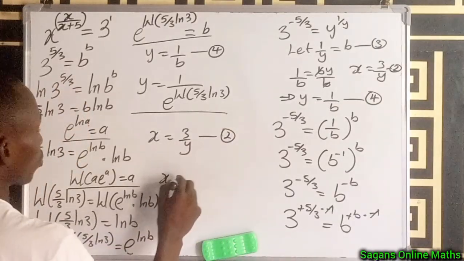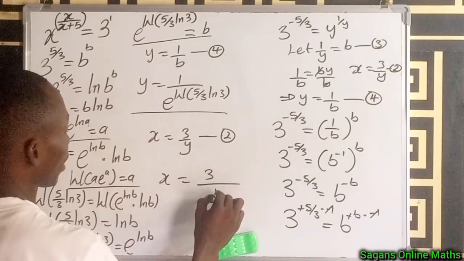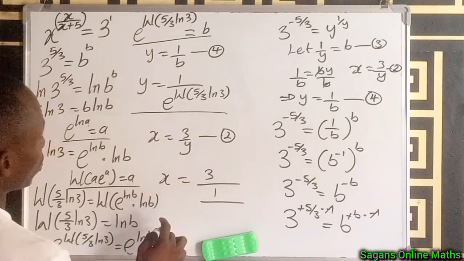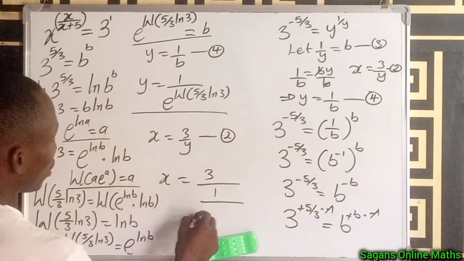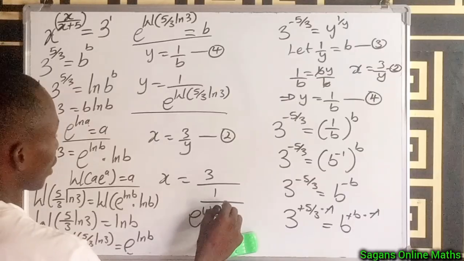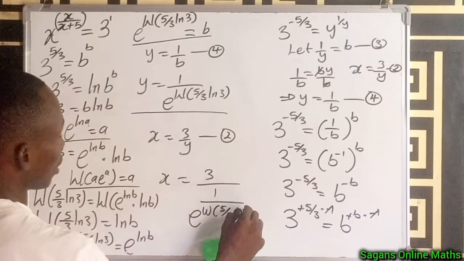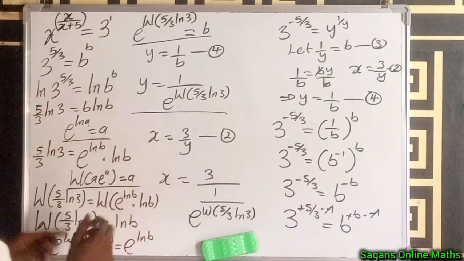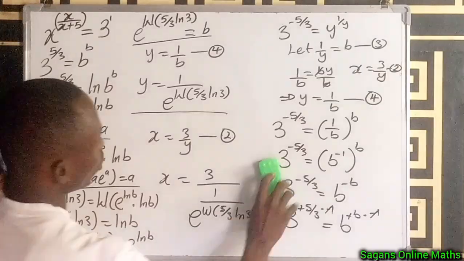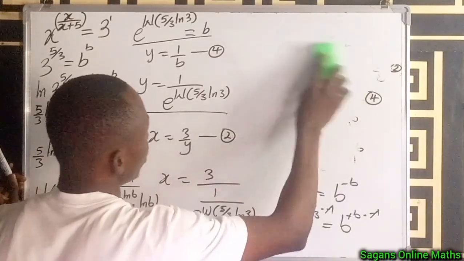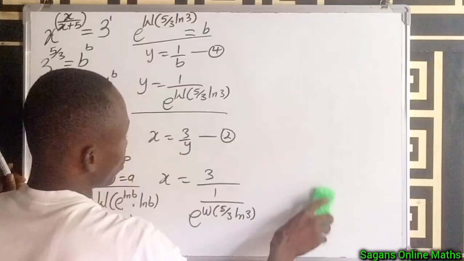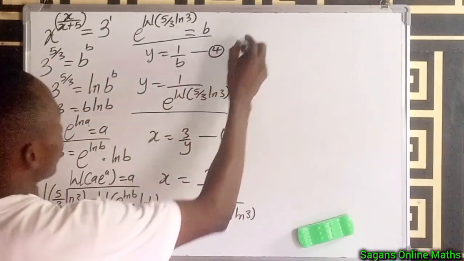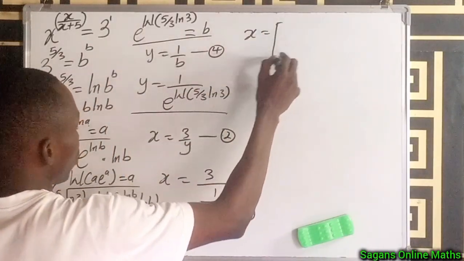That means our x will be equal to 3 divided by 1 over e raised to the power of the derivative function of 5 divided by 3, then ln 3. But we can leave it this way, but let's do further simplification. So let me remove this from here quickly so we can do further simplification. From here, I can write this as our x is equal to bracket 3, then division sign here, then 1 over